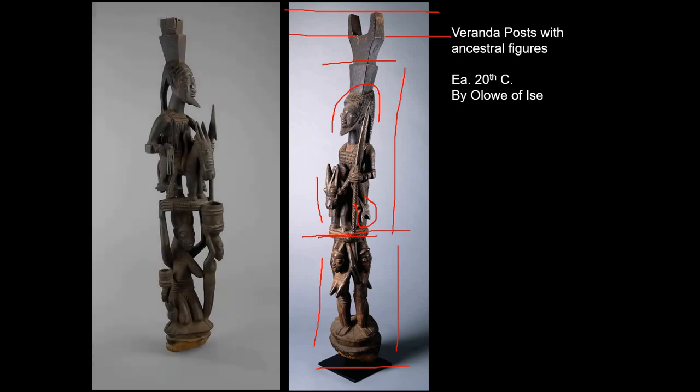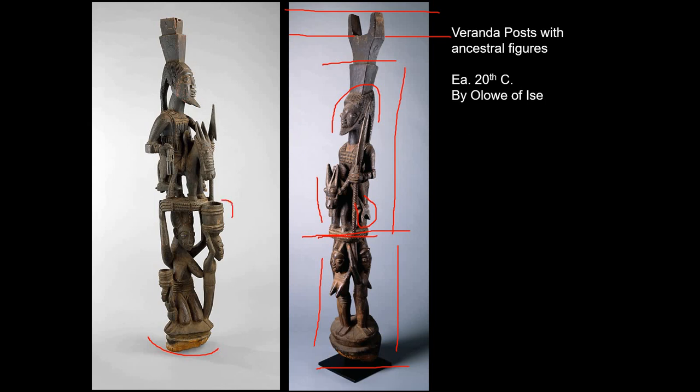There are a lot of posts like this. They're very, very beautiful. Again, here we have a mother and a child carrying a water carrier on their head, and they are in turn supporting the warrior. In this case, you'll notice the warrior is actually carrying a firearm, because weapons mean power, and by this point, weapons had been introduced into Yoruba culture, and so this becomes a kind of manifestation of power as well.